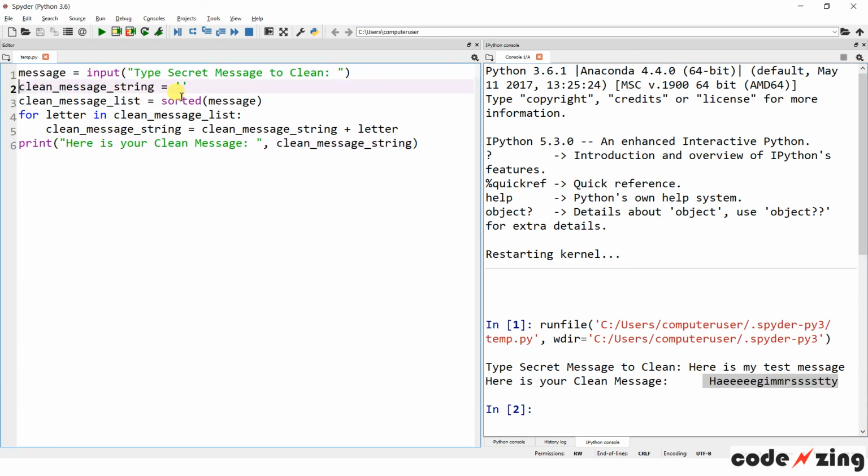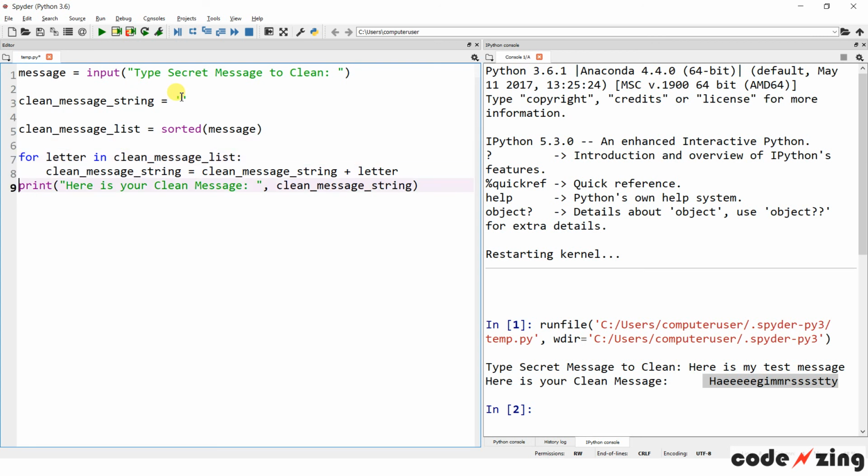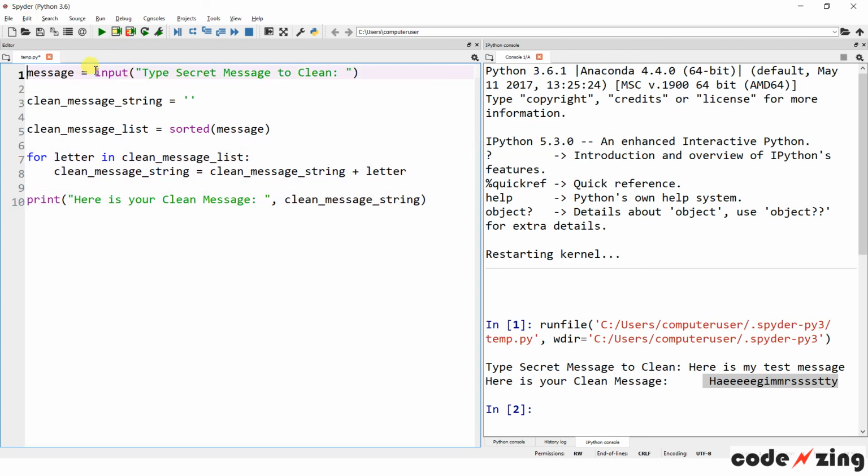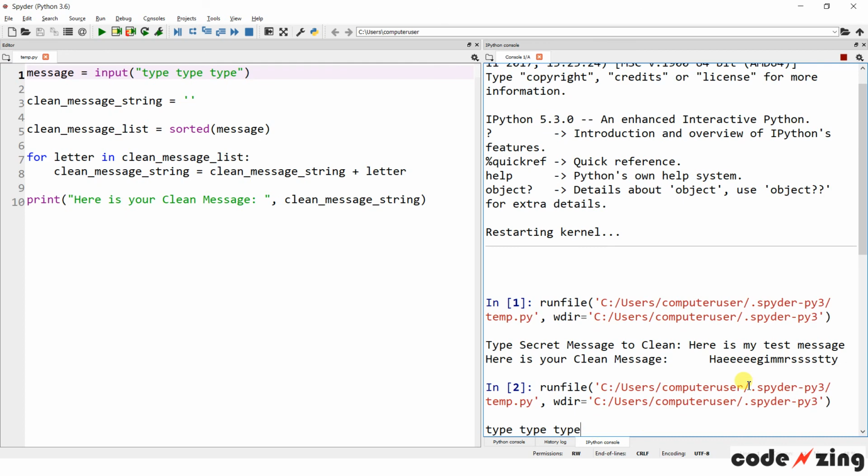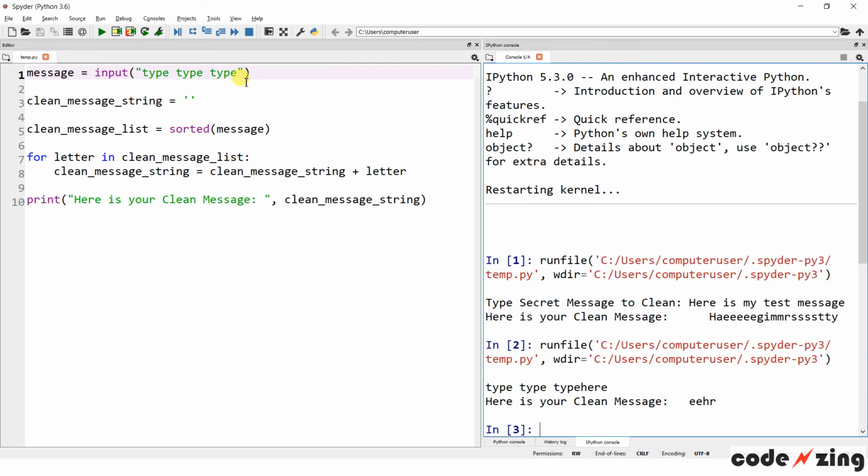Cool. Alright, so line number 1, we've used this one quite a bit if you've looked at the other projects. We're just using this to get the input from the user. So it displays this text string over here to the console: type your secret message to clean. You can obviously change what's in here to anything you want, and that is what it will type out. But obviously you want something a user can understand what they're supposed to do. So let's reverse that. All right, so type a secret message,